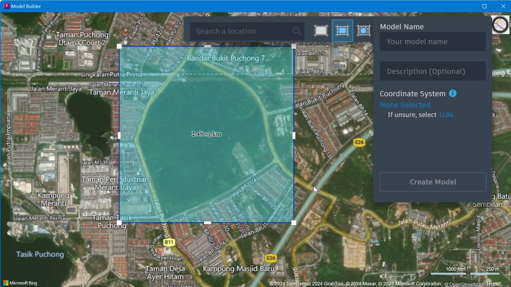Okay, and then let me name the model. Also written here is 2.48 square kilometers, so it is less than 200 square kilometers, the maximum area. This one is nearby Bukit Puchong. Let me name it Bukit Puchong.